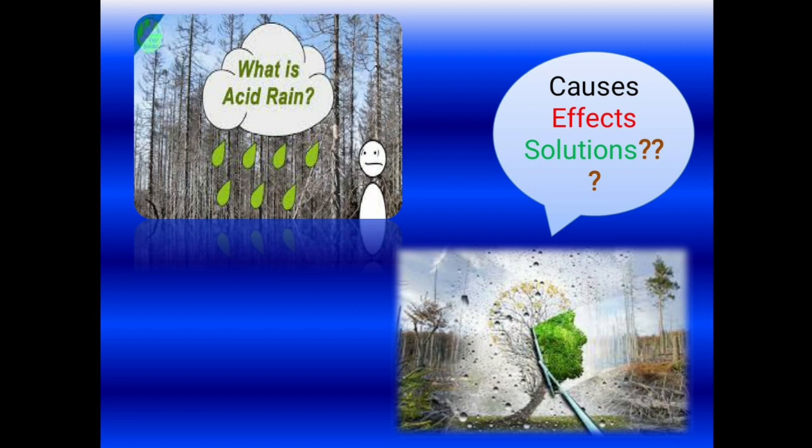When these fossil fuels are burned, the sulfur contained in them reacts with oxygen from the air to form sulfur dioxide. Similarly, nitrogen dioxide gas and carbon dioxide gas dissolve in water to form nitric acid and carbonic acid and fall on the surface of the earth in the form of acid rain, which is also known as acid deposition